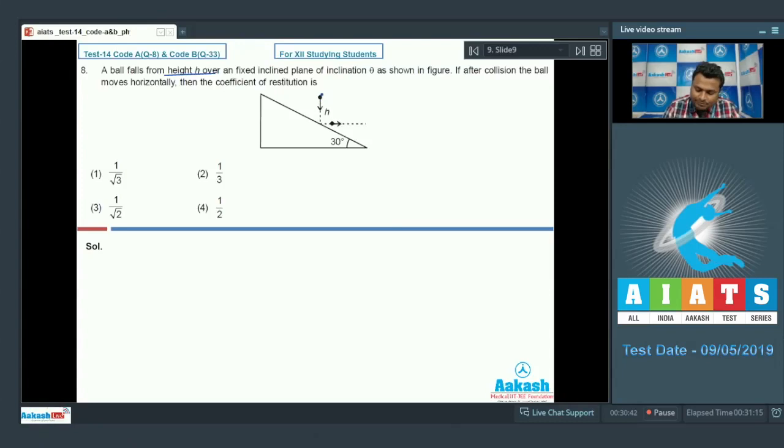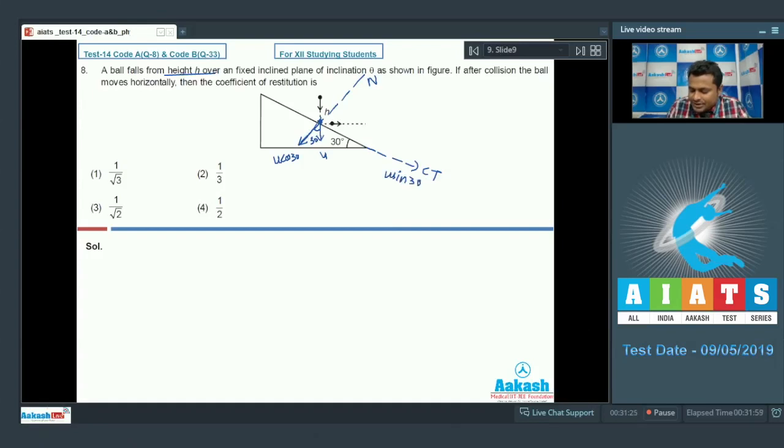Now this height is h, the block started to move. Suppose the speed right here is u. Now this will be the common tangent and this will be the normal. The velocity never changes toward the common tangent. While hitting, suppose the speed is u, therefore this will be u, and this is given as 30 degree. The component of u can be given as u cos 30 degree, and toward the common tangent it is